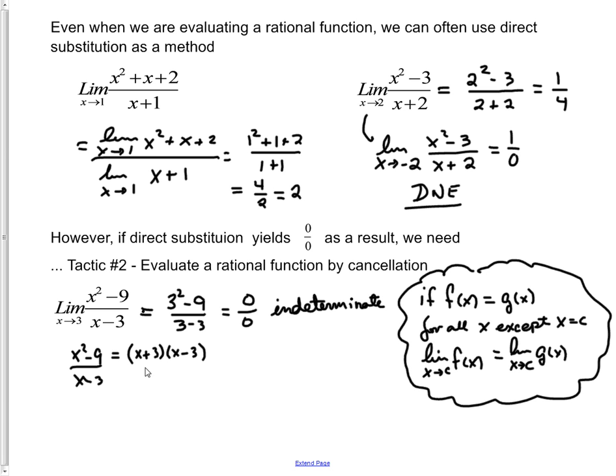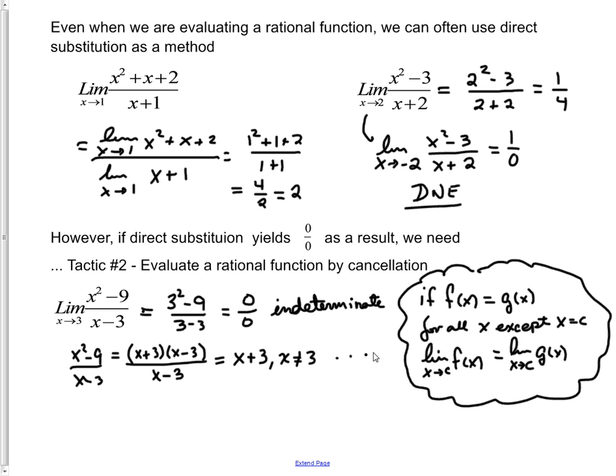And if you recall, one of the things that we developed was the idea that if we have a function that has a common factor in the numerator and denominator, we can rewrite it as an equivalent function as long as we account for that change in the domain. So x could not equal 3 in either case. So in fact, we know that these two functions are equal everywhere. X squared minus 9 over x minus 3 is equal to x plus 3, except at x equals 3,